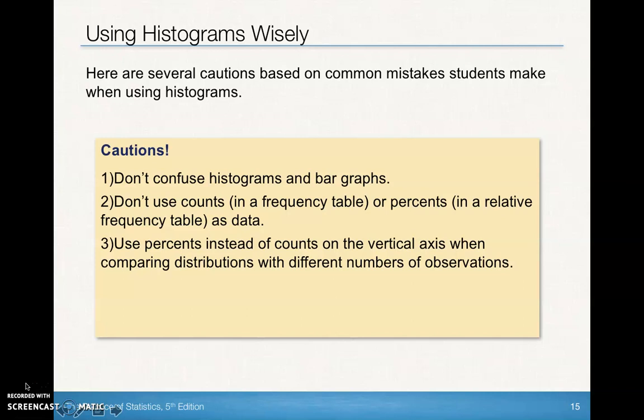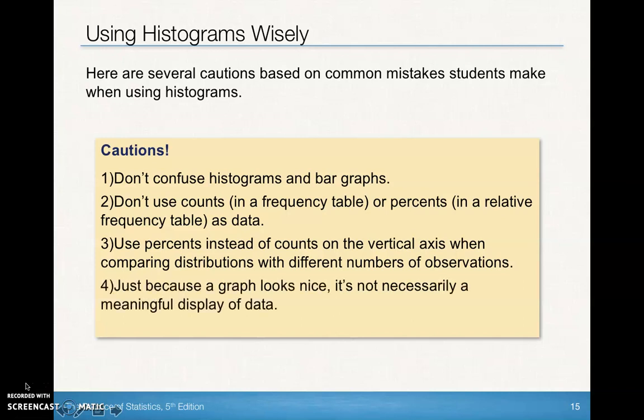Use percents instead of counts on the vertical axis when you're comparing distributions with different numbers of observations. We'll talk more about that later in statistics. You won't use that as much right now. And just because a graph looks nice doesn't mean it's a meaningful display of data. So just be careful of what you're looking at. Make sure it's logical and you're not just graphing something for the sake of having a graph. Is it actually